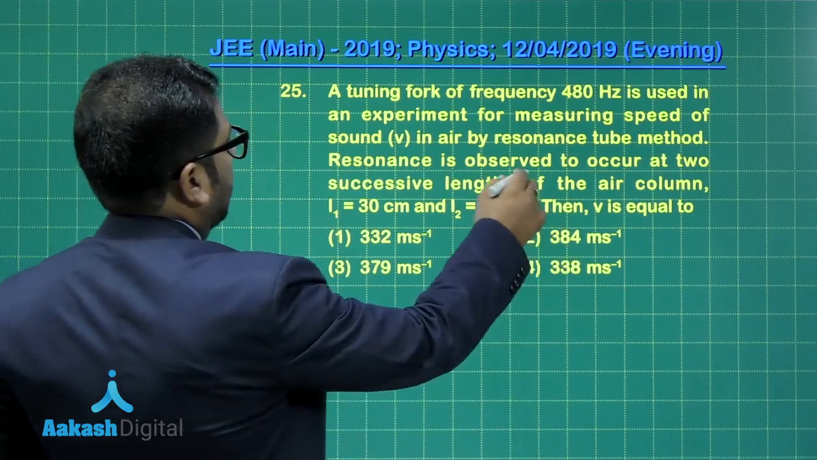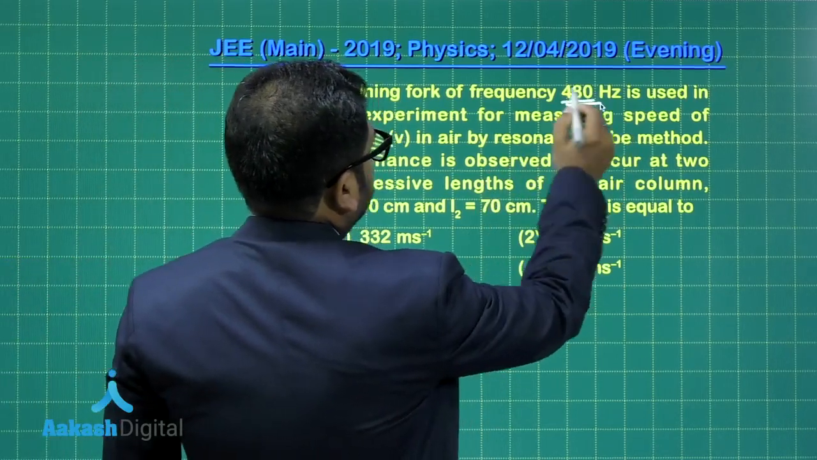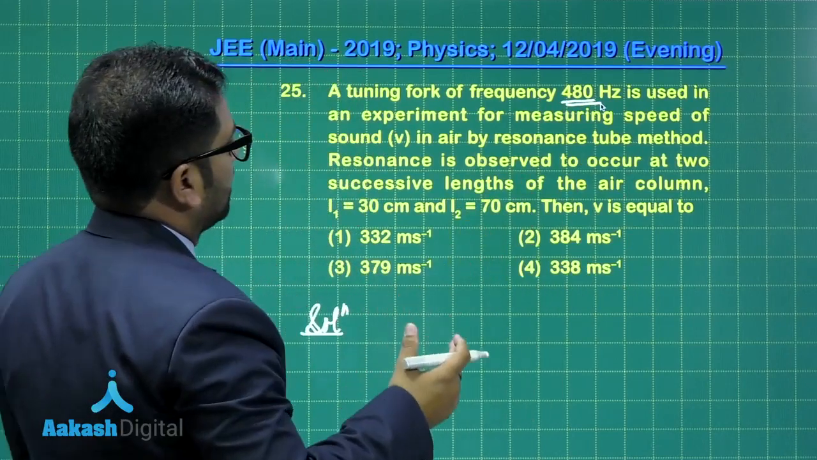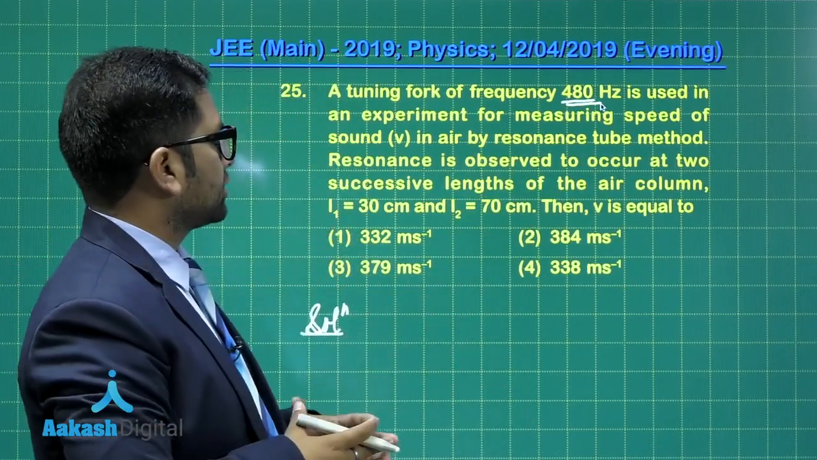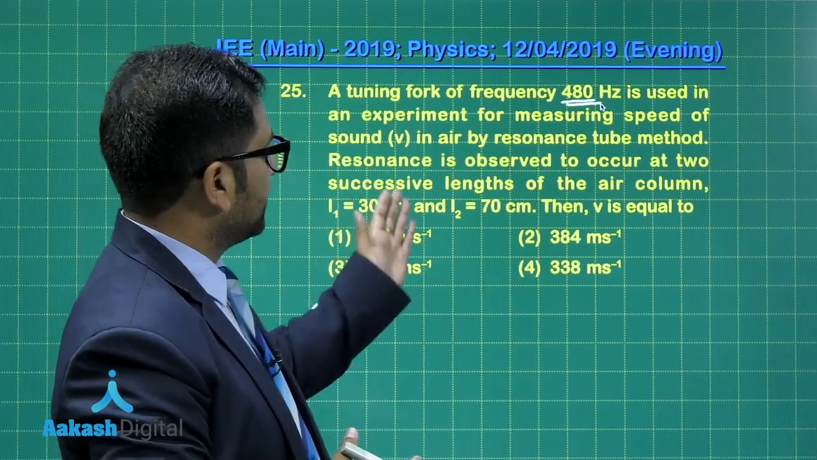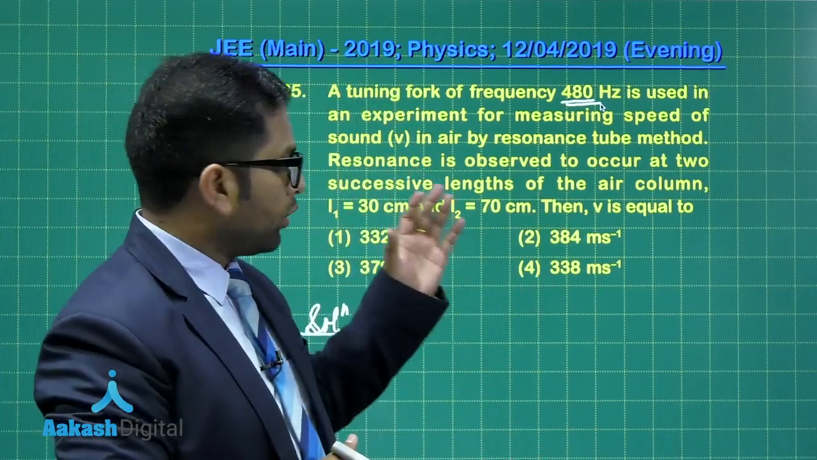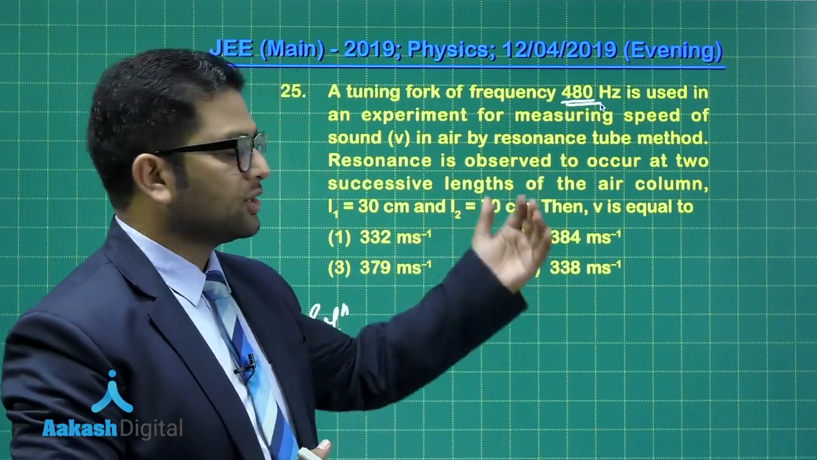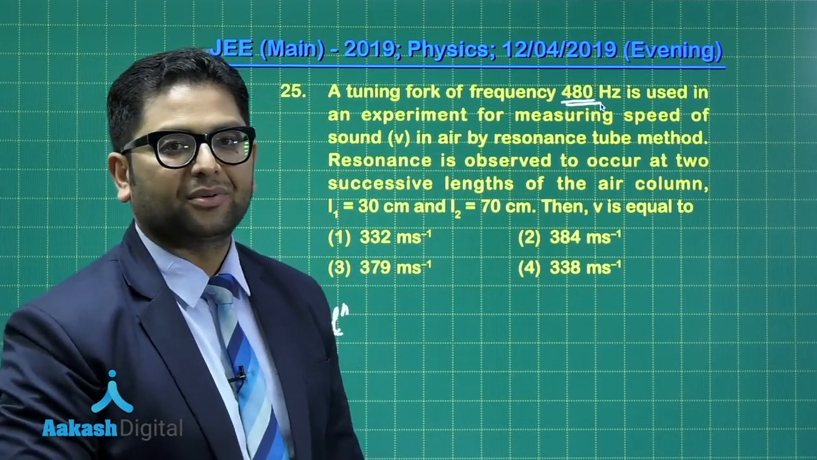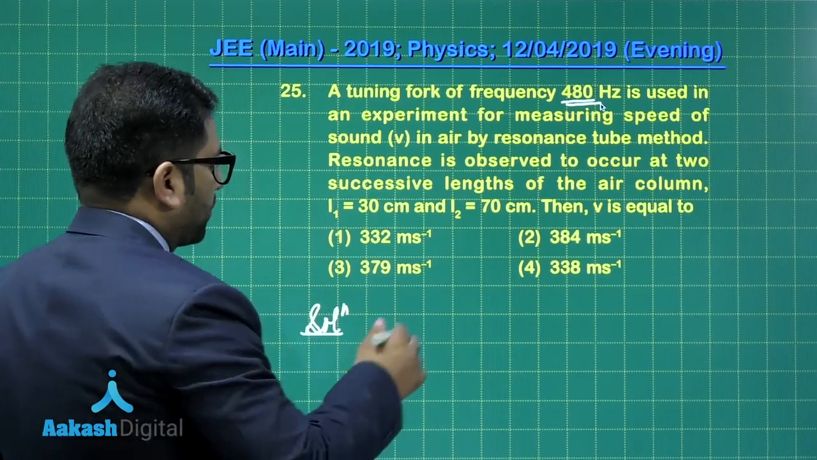The tuning fork has frequency 480 Hz, and it is used. The first resonance occurs at 30 centimeter, the second occurs at 70 centimeter, and on the basis of this data, I need to calculate the speed of the sound. All right, now what we can write is that